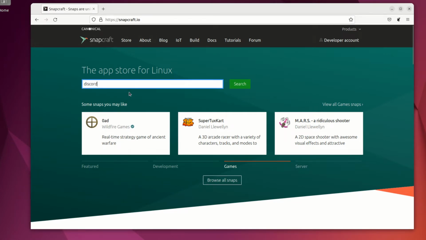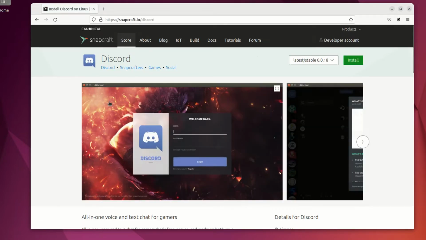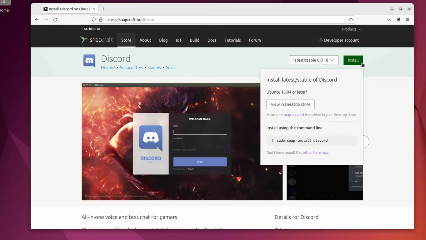So this is the Snap version of Discord, and the reason I'm showing you the Snap version first is because most distributions support Snap, but only Debian distributions support the download from Discord's website. So I will show you how to download Discord from its website after I show you the Snap way, because the Snap way does tend to be a little bit slower because Snap packages just are naturally slow because of their nature. But if you're on any distribution that's not based on Debian, you would have to do Snap, and